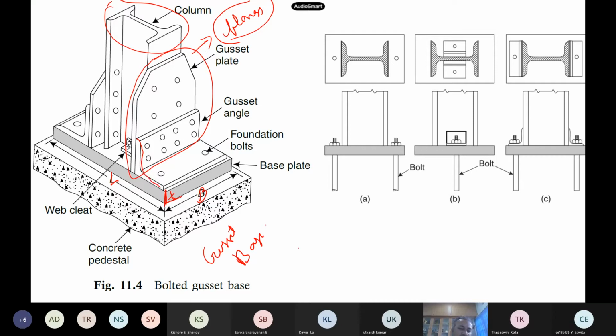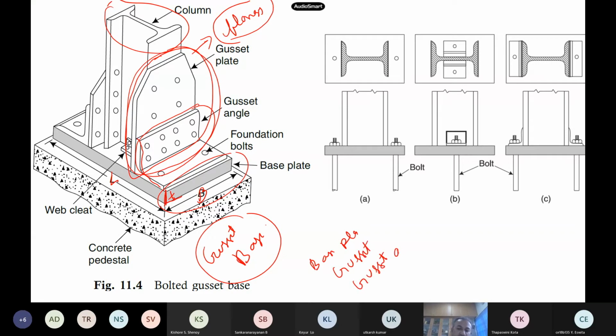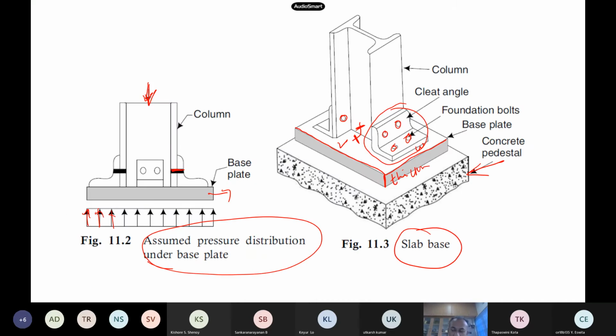So now here we have to design the gusset base also. That is, the base plate we have to design. Then we also have to design the gusset plate. What should be the thickness of my gusset plate? Then I have to design the gusset angle also. So 3 things we have to design: the base plate, the gusset plate, then the angle section. They call it gusset angle because of the name, but anyway it is an angle section only. If it is a bolted connection, then you have to design the size of the bolts. If it is welded, you have to design what should be the size of the weld and others also. These are the things which are widely used in practice.